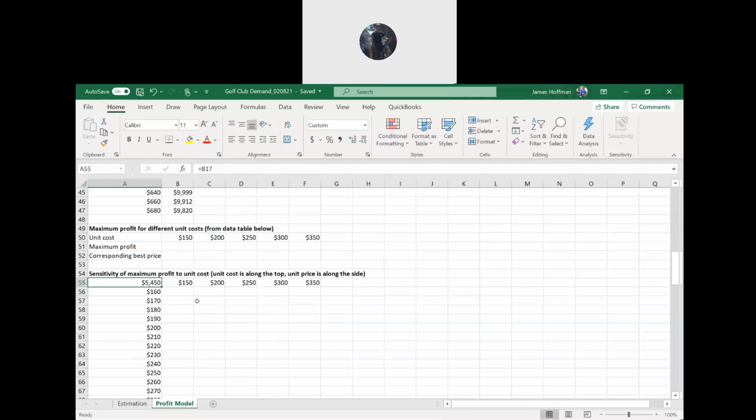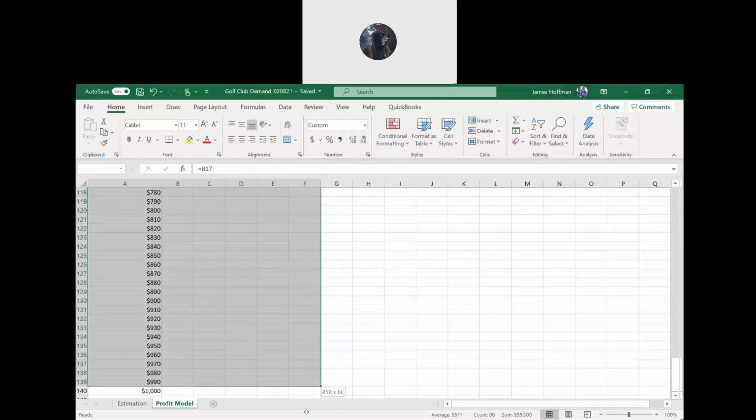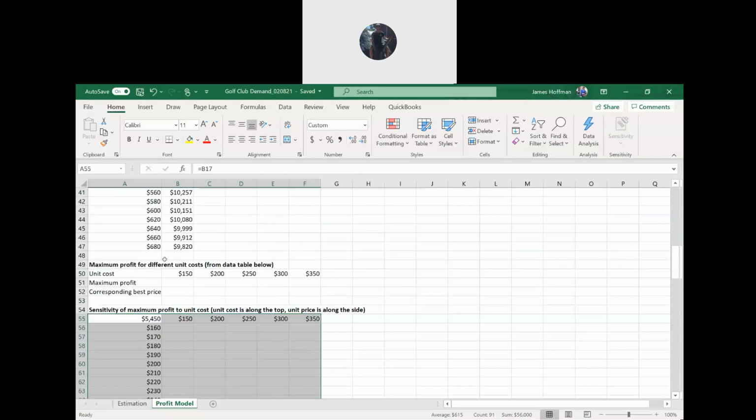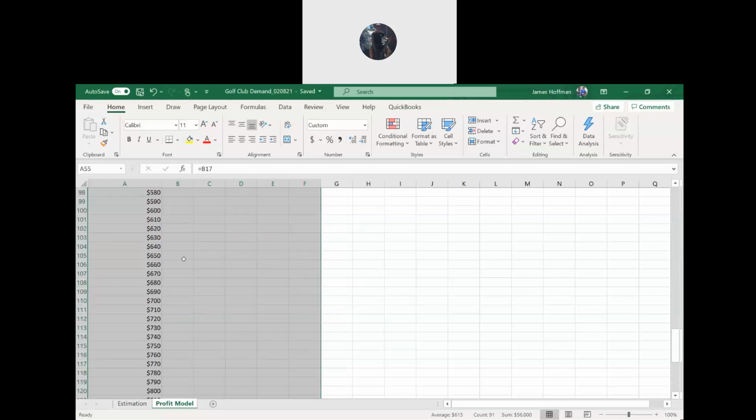Okay, and you've got your unit costs along the top and the unit prices along the bottom. All right, and remember, select this whole area. So you want to select A55 to F140. Make sure that whole area is selected, and then